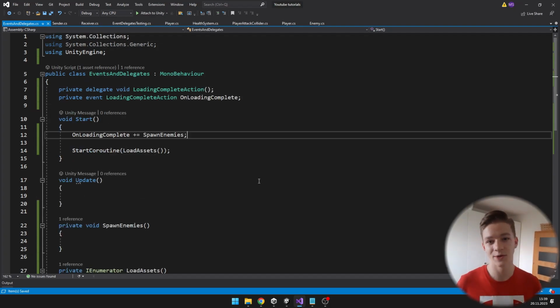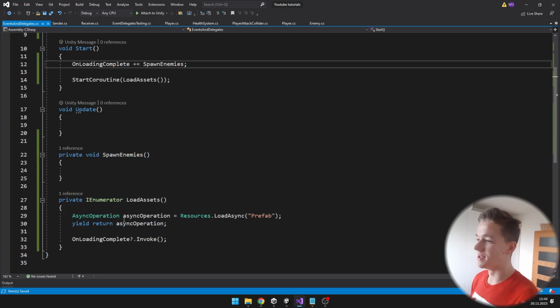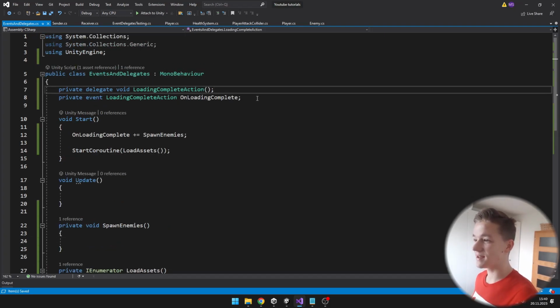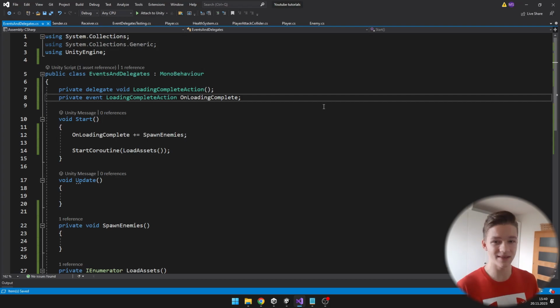Or let's say that when you play the game, you first need to load some assets, but you don't want to be waiting for a lot of time. So what you can do instead is create some async operation that will be loading the assets asynchronously. So you can just wait for some amount of time. But later you may need to, let's say, spawn some enemies after you have loaded the enemy prefab or some other stuff. So what you can do here is just create a delegate for when the loading is complete,